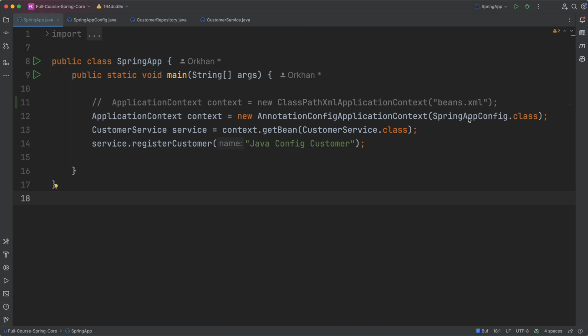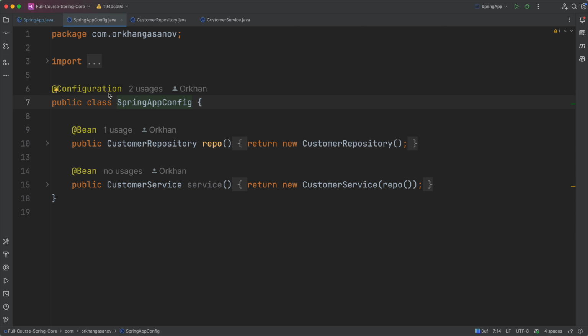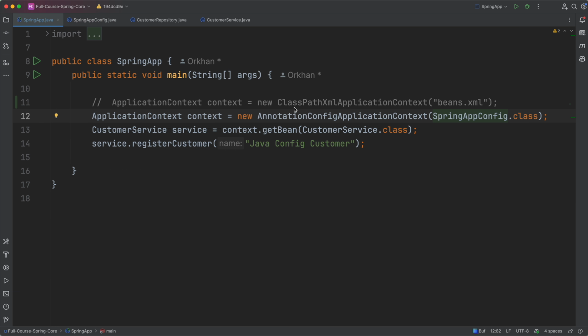So for that, let's go to our Spring App config. So here what we have an annotation configuration, and also we have annotation bean. So this one creates for us the Java-based configuration, and here we are defining our two beans, right? The first bean is the repository and the second bean is the service, and here it's constructor based, and we are passing our repository as a constructor here. So that's it, and